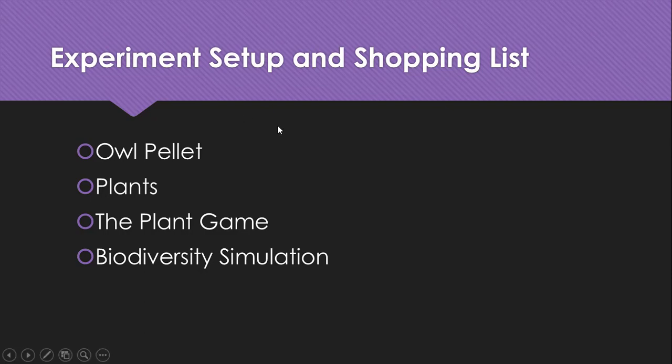So let's talk about a shopping list. There is a lesson about dissecting owl pellets, if that interests you. Students really like it. I would suggest getting gloves, the owl pellets, and dissection materials. You can use a paper plate if you don't have dissection trays. You can also use toothpicks and plastic forks and knives if you don't have other dissection tools. The second thing I have listed here is plants. Students definitely should plant a plant during this unit so they can feel more comfortable with the tropisms that they learn. The plant game is a kind of elaborate game that we play,